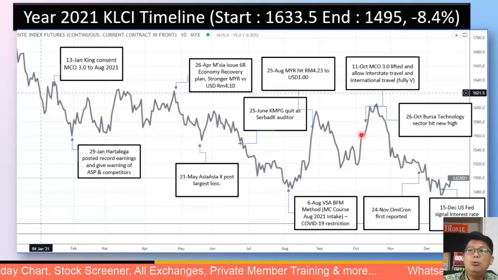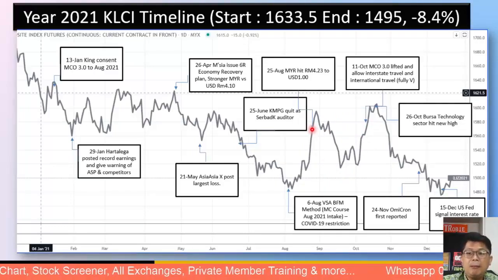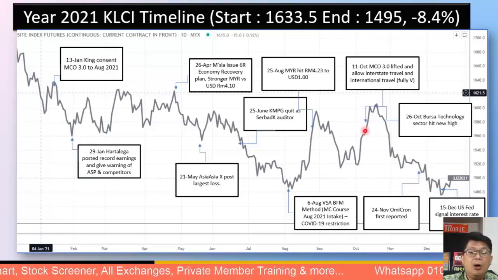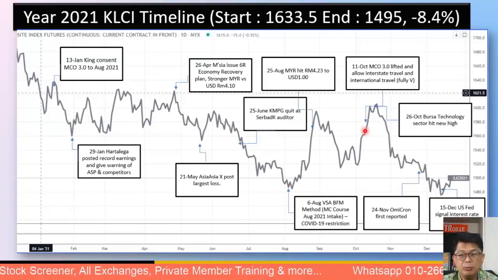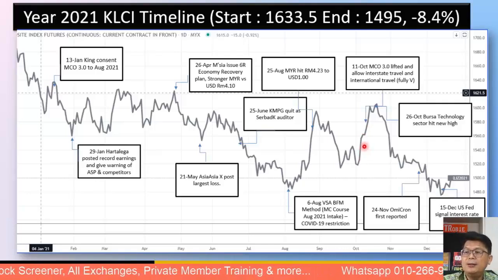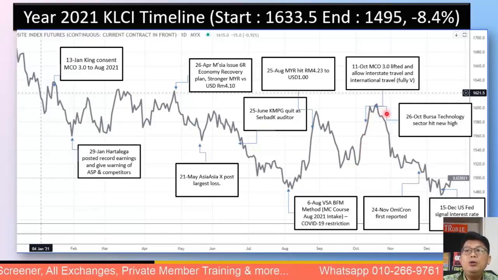Now, usually the market would know, just like 31st of August was here, that it will come out from MCO, and the market rallies first. Always, price moves ahead of events. Remember that price moves ahead of events. So this is what happened in here, but as the market was trying to go up, the news of the